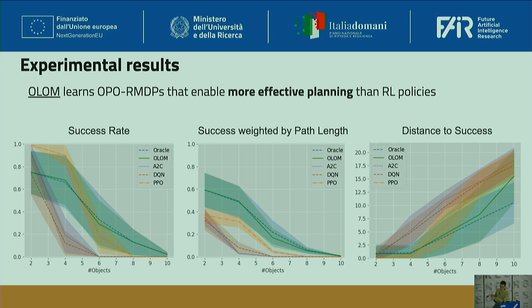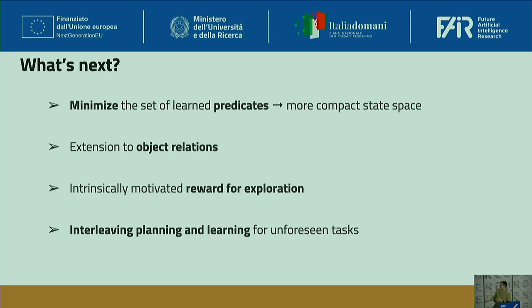I think I don't have time to go into the details of this figure. So what we would like to do now is extend this learning of an object-centric model to take into account also the relations between the objects, because if you have, for example, 4 states, you can introduce 4 different predicates for representing them, or you can use 2 Boolean predicates. So we would like also to minimize this set of predicates that you use to simplify the state space,